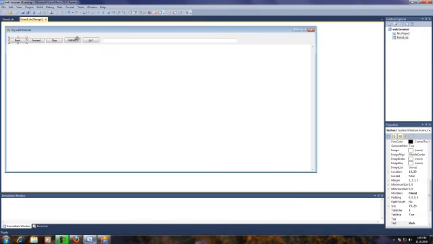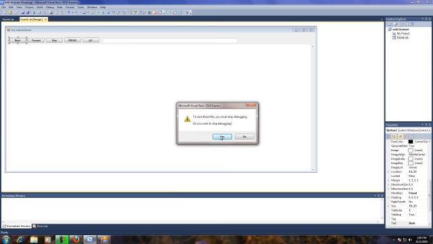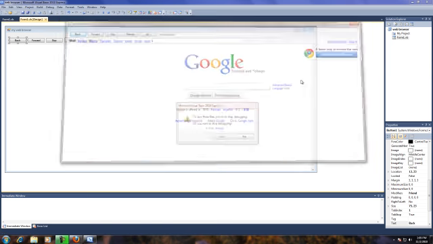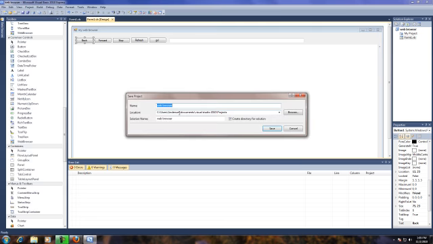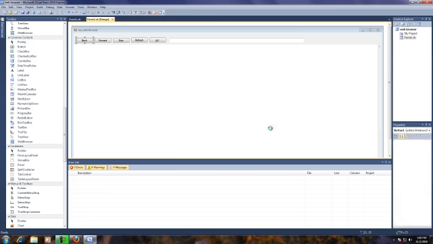Now I'm going to show you how to make an actual release of the program, if you want to pass it on to a friend or something. The first thing that you need to do is click on Save. Let me just close my program first. Click on Save All, and you want to save it. That's going to save your files. Next, you want to click on Build and Build WebBrowser,